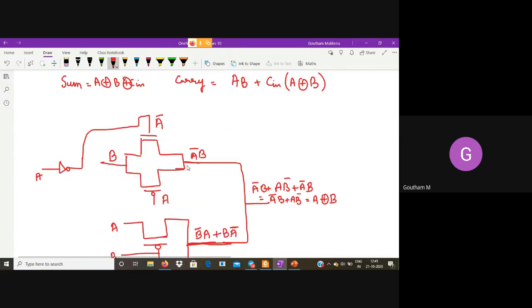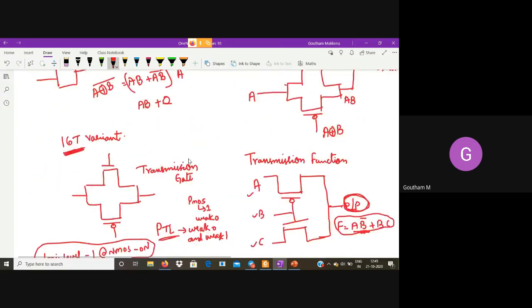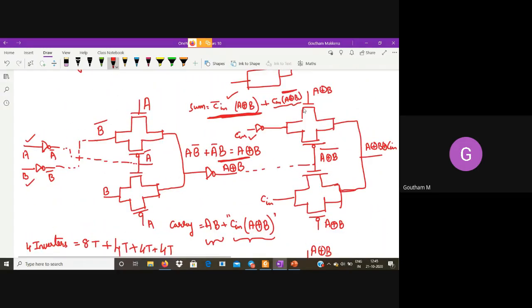Following the same logic. So can we save 2 transistors in XOR here? What is happening? XOR, isn't it? So we need this inverter, but we do not require an inverter for Cin, right? Like the same logic, we needed an inverter for A, but this B inverter was not required. Similarly, for the second XOR, we need an inverter for the A XOR B, but we don't require an inverter for Cin.